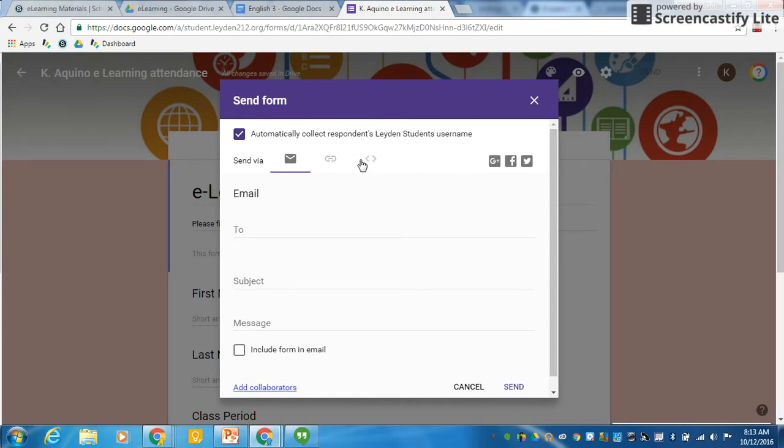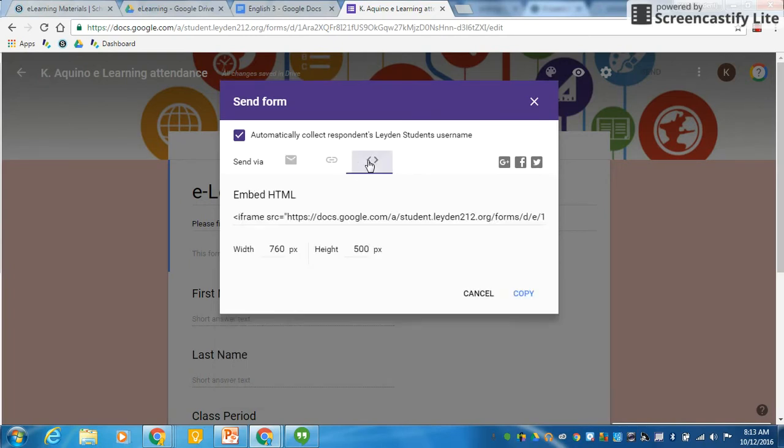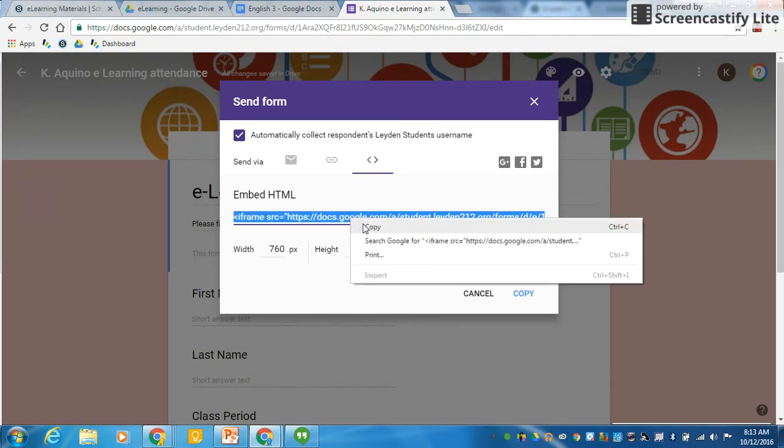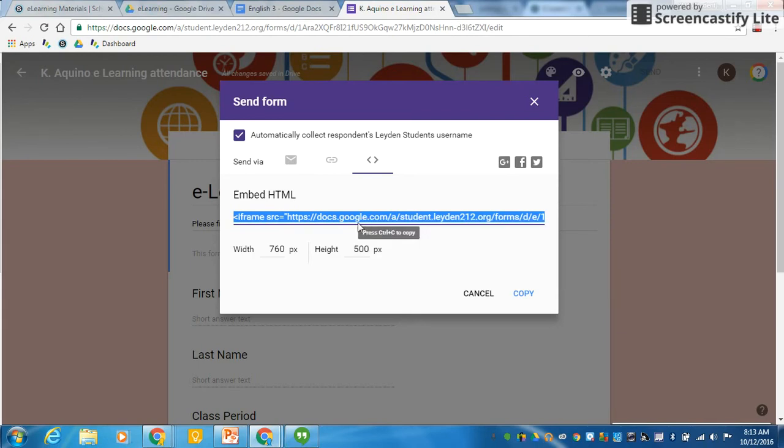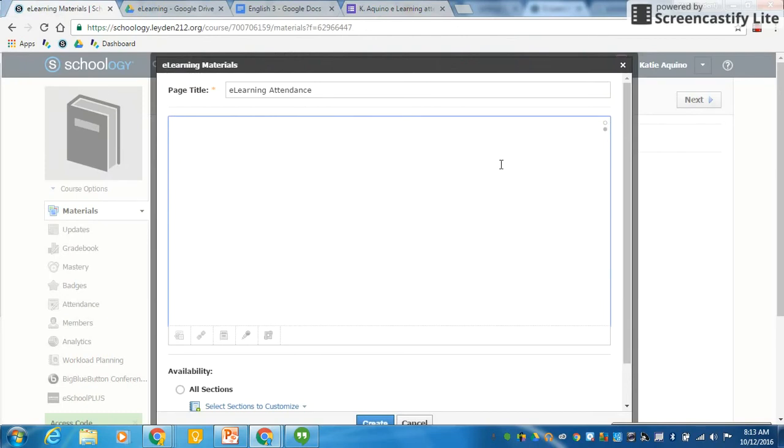We want this embed code that exists between the 2 carets. So if you click that, and then click into that embed HTML and copy it by either right-clicking and copying, or you can use Control-C on your keyboard. Then you're going to come back to Schoology, and in this open area that you got by clicking the 2